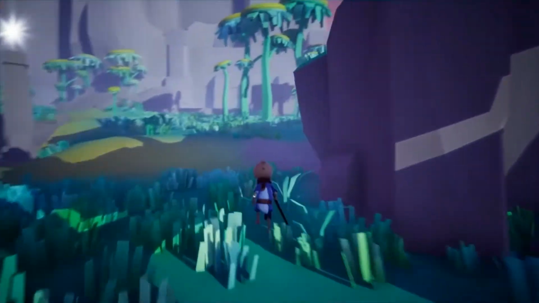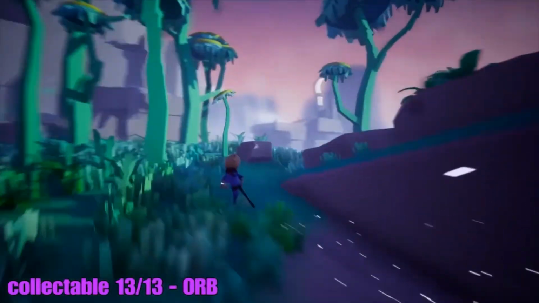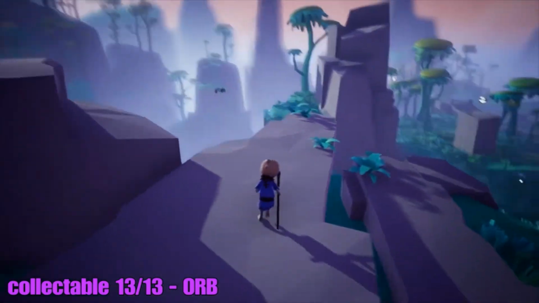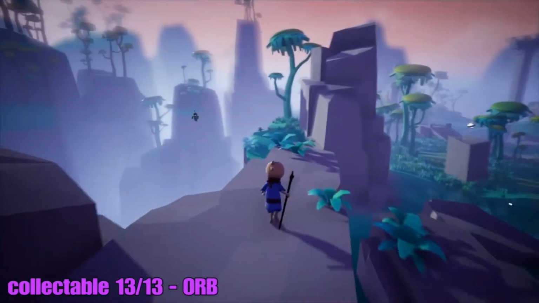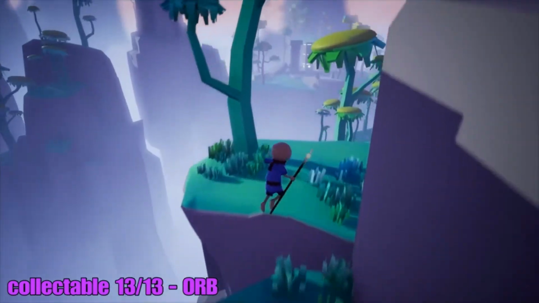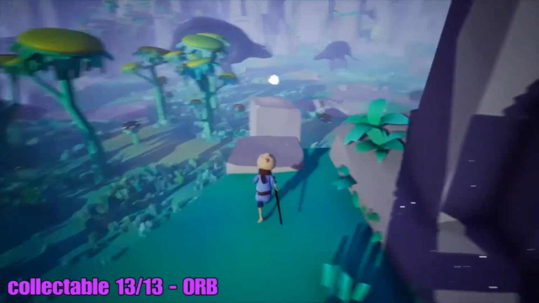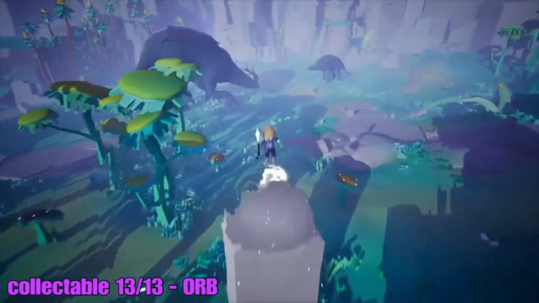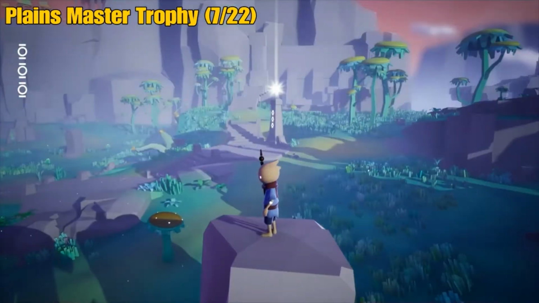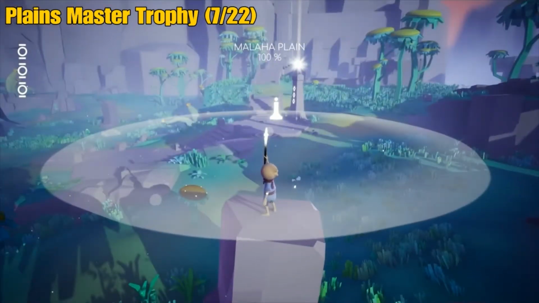And for the last collectible, the 13th, we need to grab an orb, so climb up here, jump and dash over, and then jump and dash to grab this guy here. That's our last orb, and now that we've got the 100%, that will get you the Planesmaster Trophy, the 7th